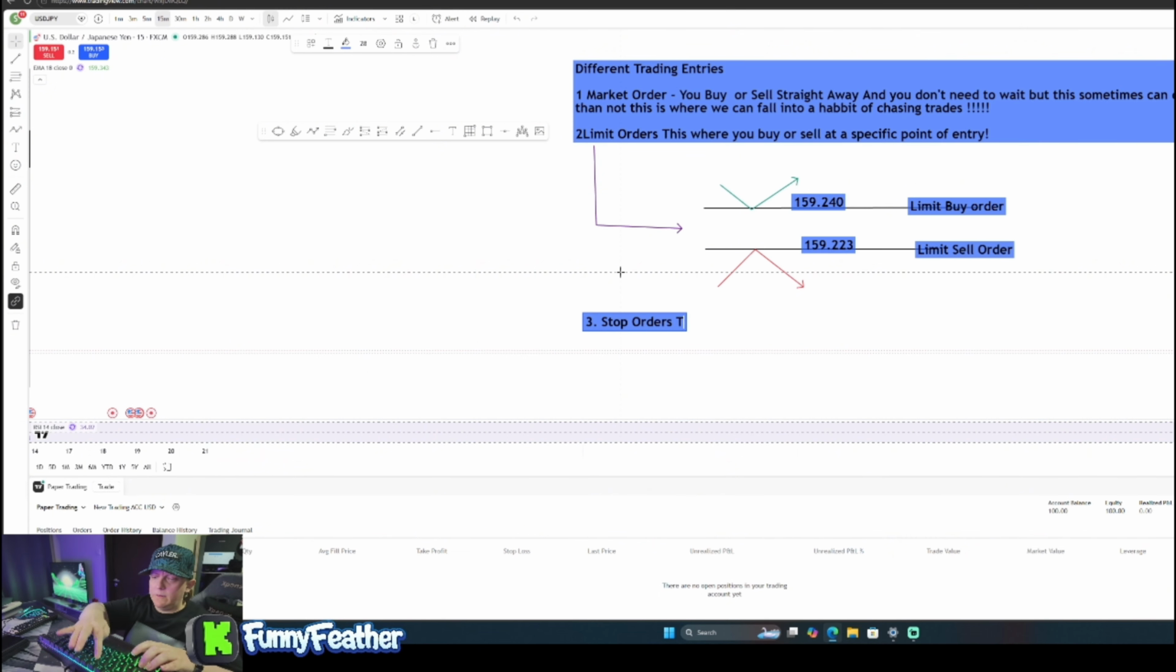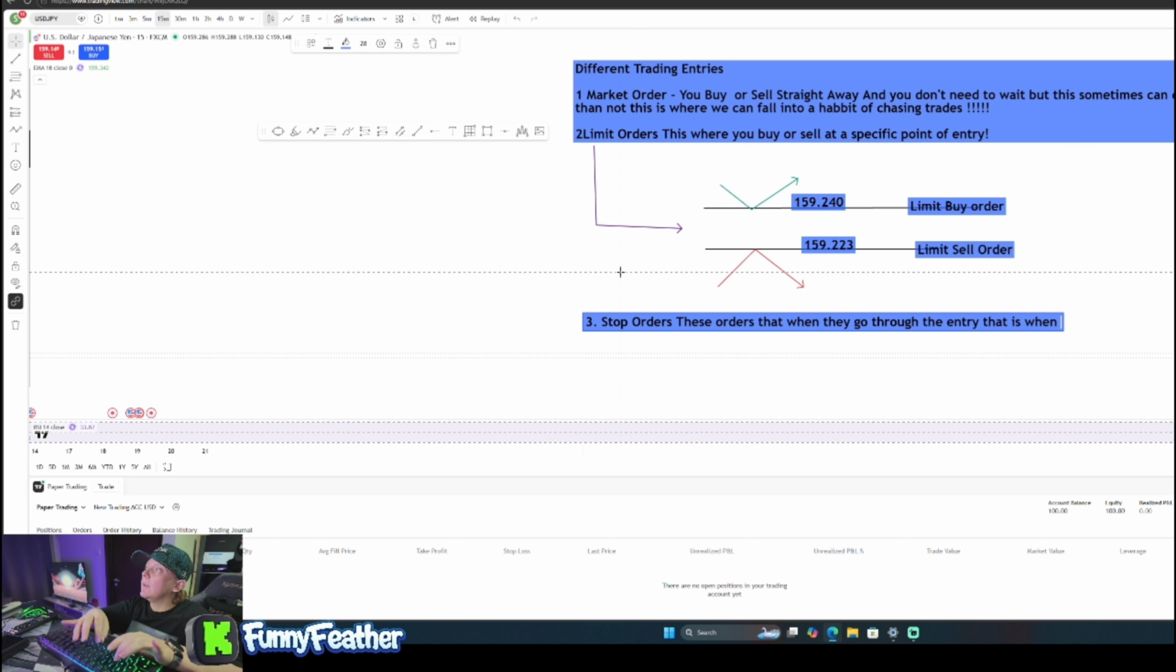These are orders that when they go through the number, they go through the entry, that is when your order will be placed. So for example,